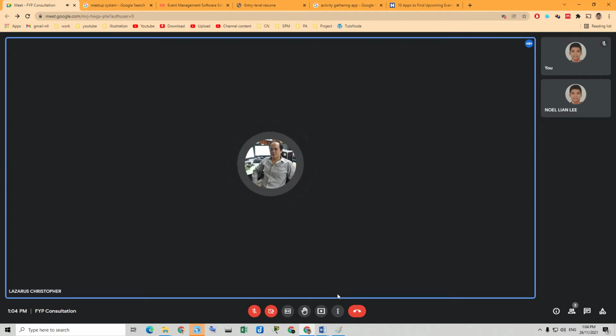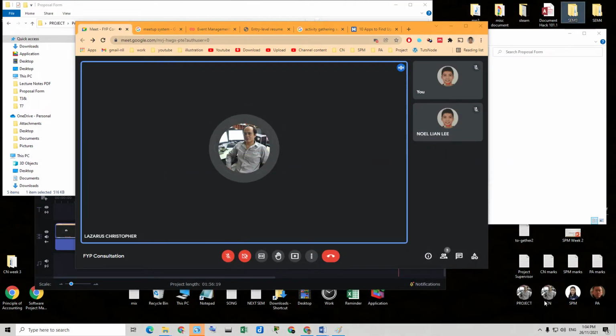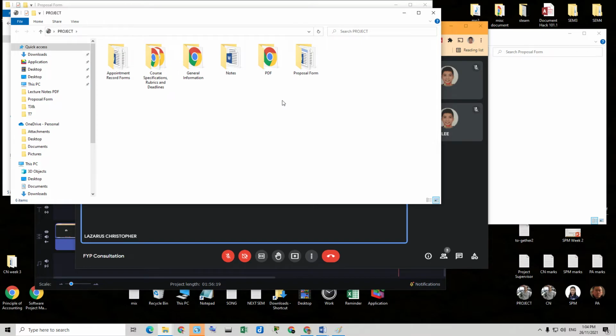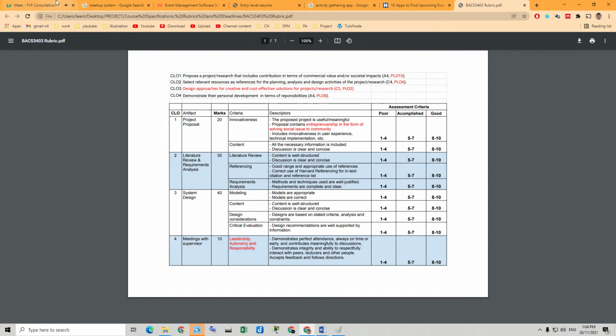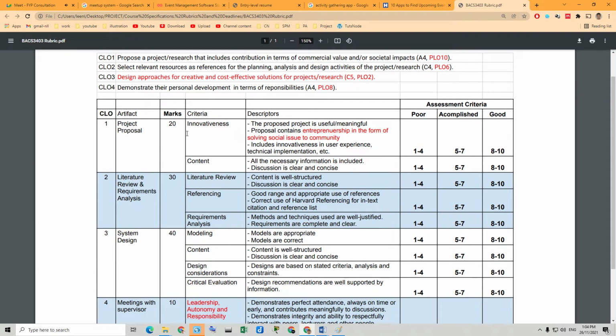Because if you check out the course file part, you can see the course specs for project one, and also the rubrics I shared in Google Classroom. You can see what the deliverables are, what the examiner checks on and the moderator checks on. So you see that if you change major things,